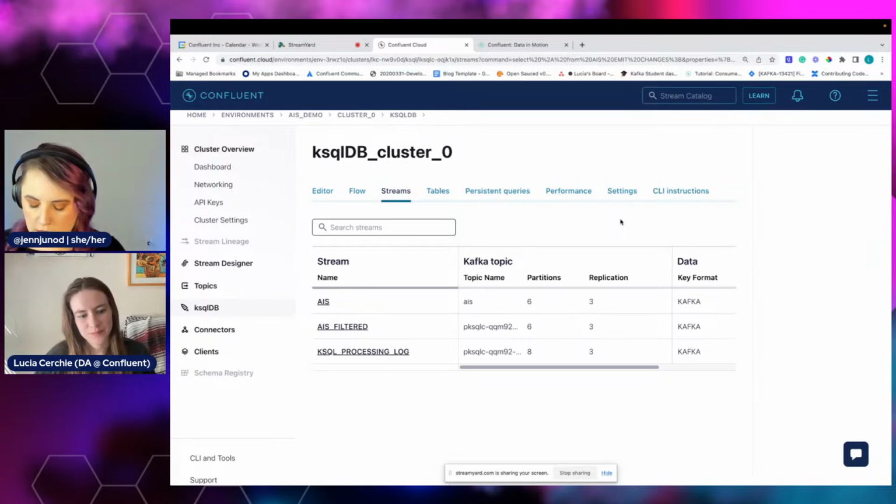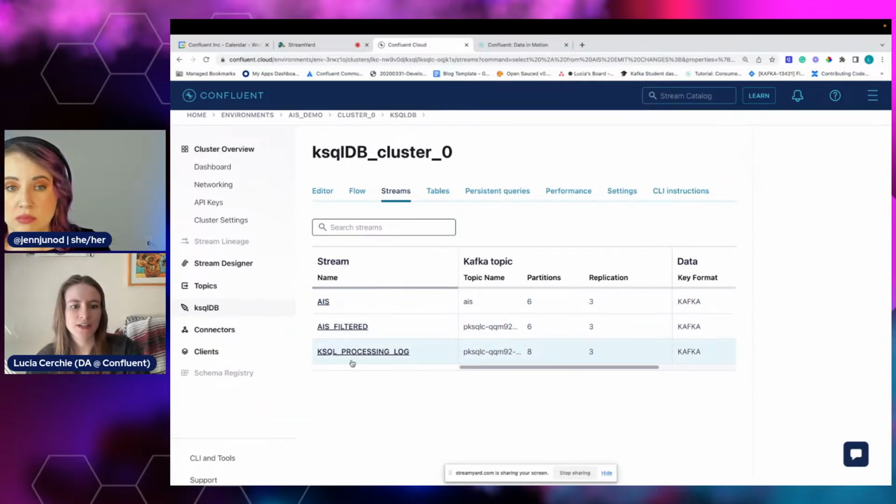Okay. Which created filters. And then we had AIS, which is the original topic that we created, and then the KSQL processing log is the stream we created, and then we created the filter which connected the two.